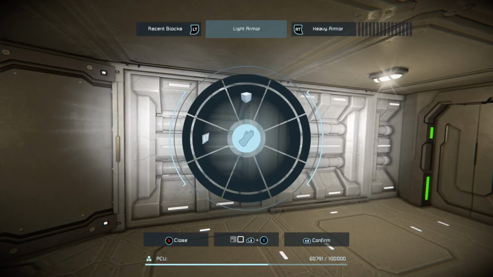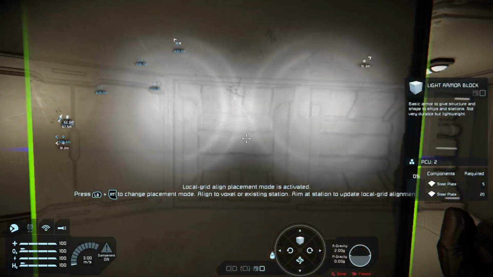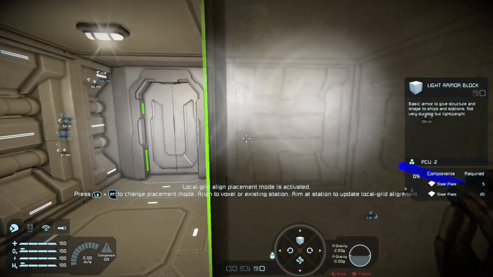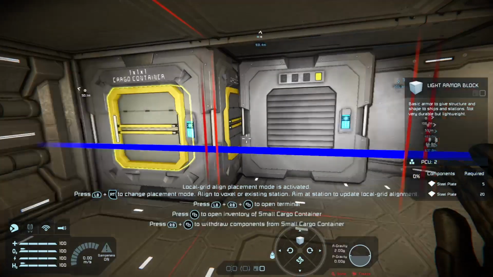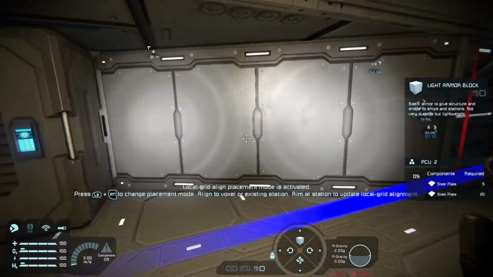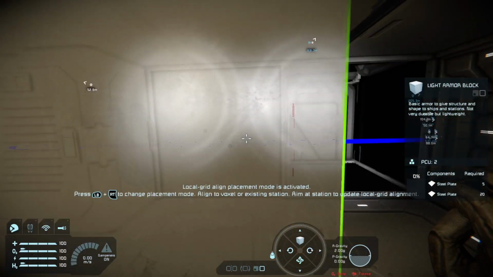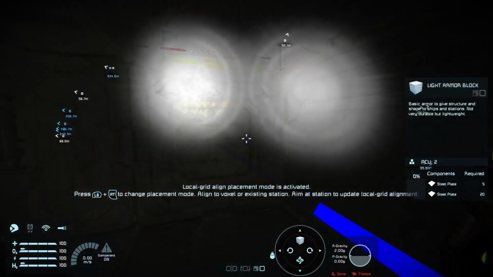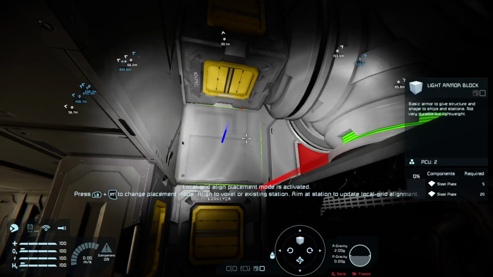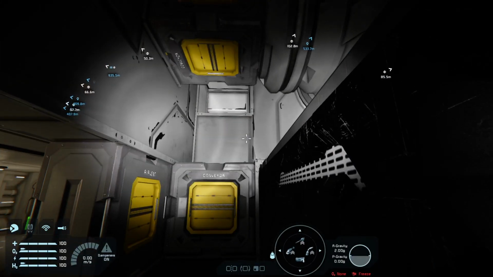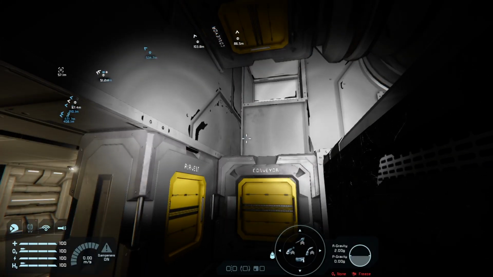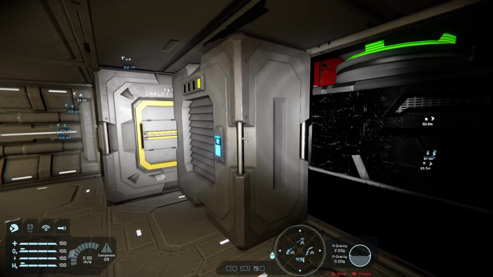Now we're playing in creative, so we can use the left trigger to delete some blocks on this ship that we won't need. And for a start, we won't need that, or that, or that, or that.